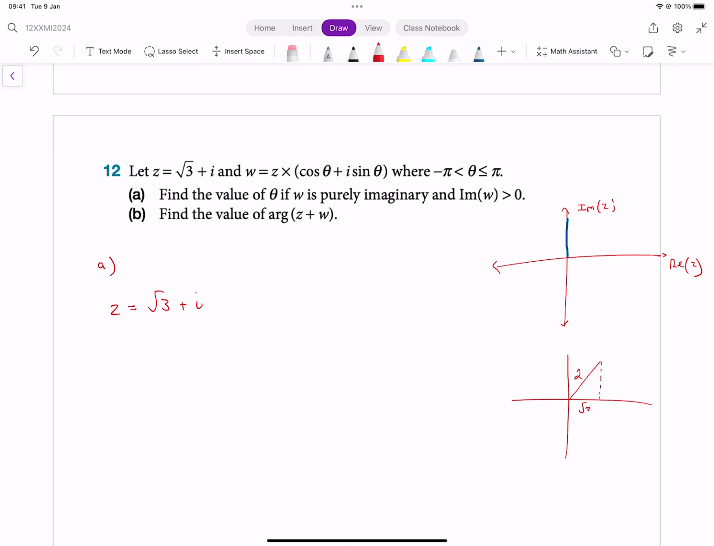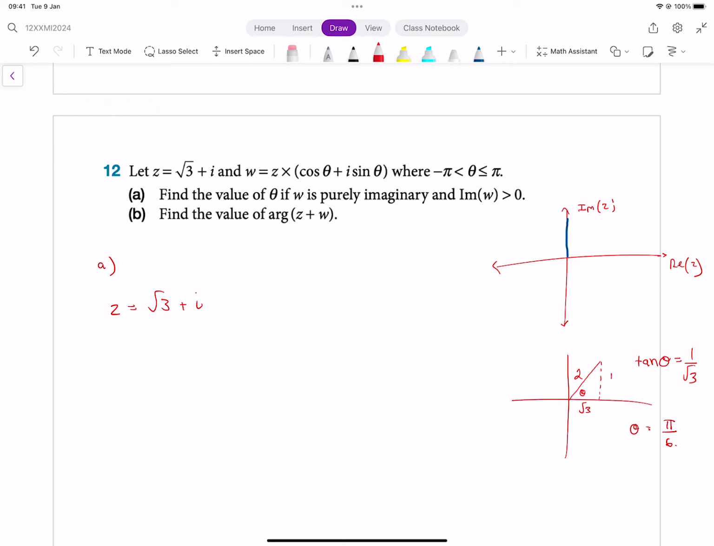This is root 3, and this is 1, and that is theta. So tan of theta is equal to 1 on root 3, and tan inverse of 1 on root 3, I'm pretty sure is pi on 6. Let me just double check. Yep, pi on 6. So theta is pi on 6. Now we're in the first quadrant, which means that that theta is in fact the argument with the principal axis,